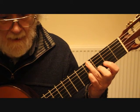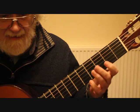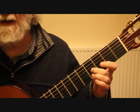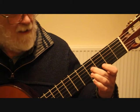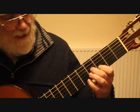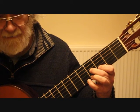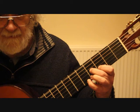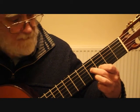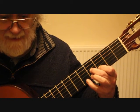Now, on bar 3, we've got an open sixth string. That gives us a bit of time to get our second finger to the third string, fourth fret, the first finger to the third fret, second string, and then the little finger to the A at the fifth fret on the first string. And then we change that A, we put the third finger onto the G sharp on the first string, so that's giving us now